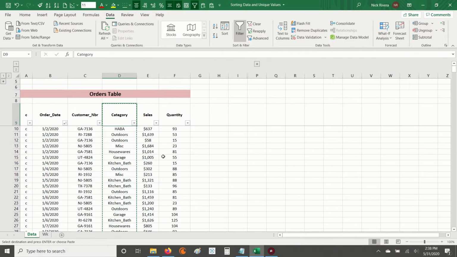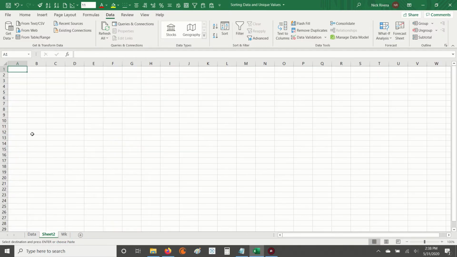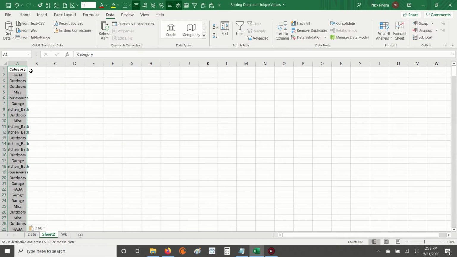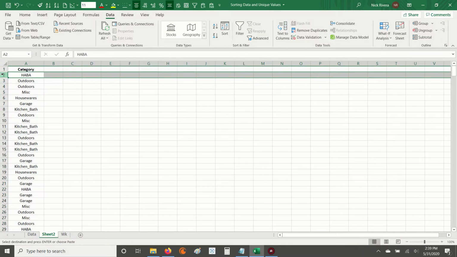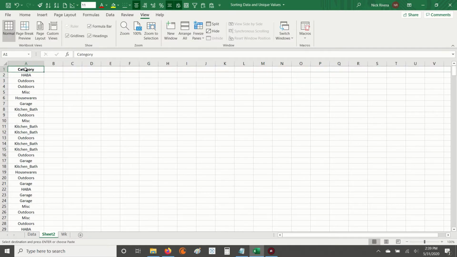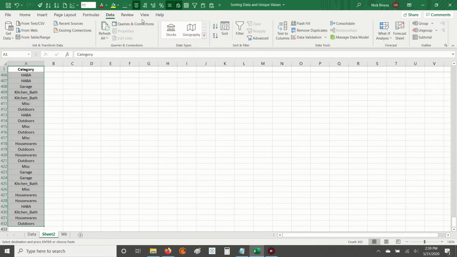So I personally like to copy the entire column that I want to pull unique values from, and then I like to do the work, right? Paste it into a new tab where I will filter for those unique values. So in order to filter for those unique values, what you first have to do is highlight the entire column. After you have the entire column highlighted, go back to the data tab up on top of your